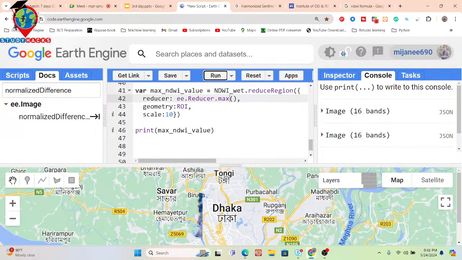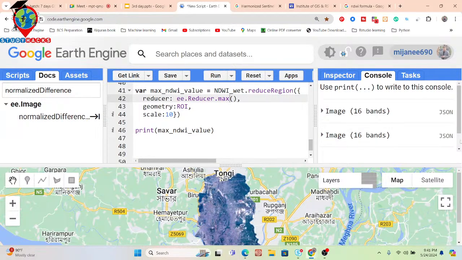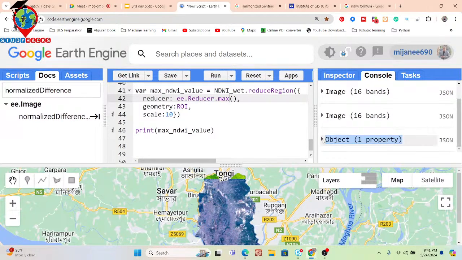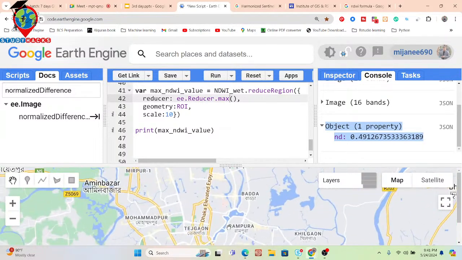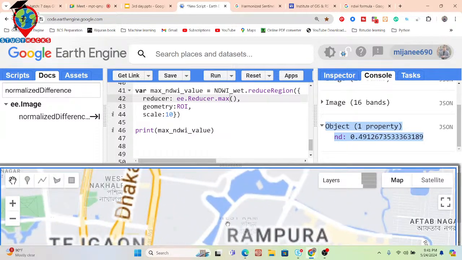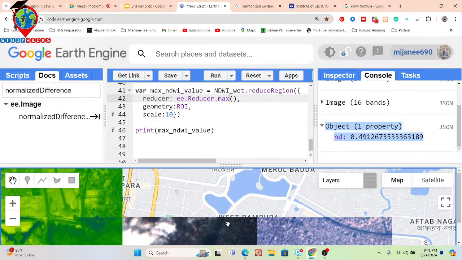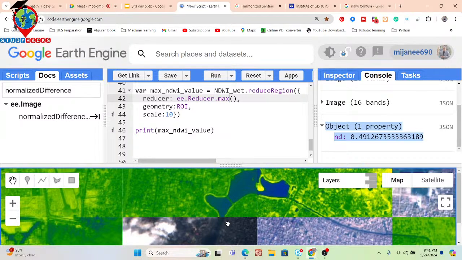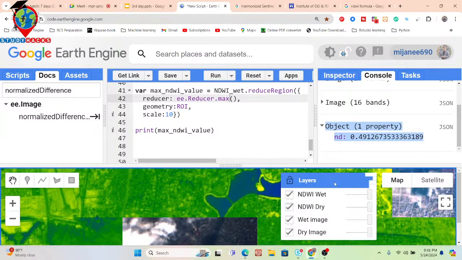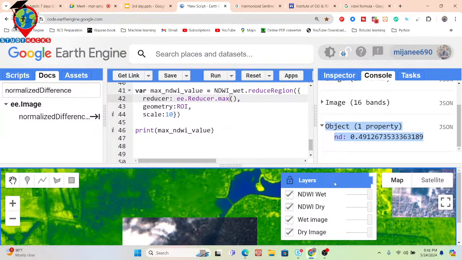So now I want to check further. You can see the result, it shows 0.4. Okay. So now you have to find out a water body, a permanent water body. Suppose here you can see the lake of Hatirjil, here we find the water body pixel in the rainy season or dry season. At the same time, we can get it in here. So this time I check the pixel value from here.